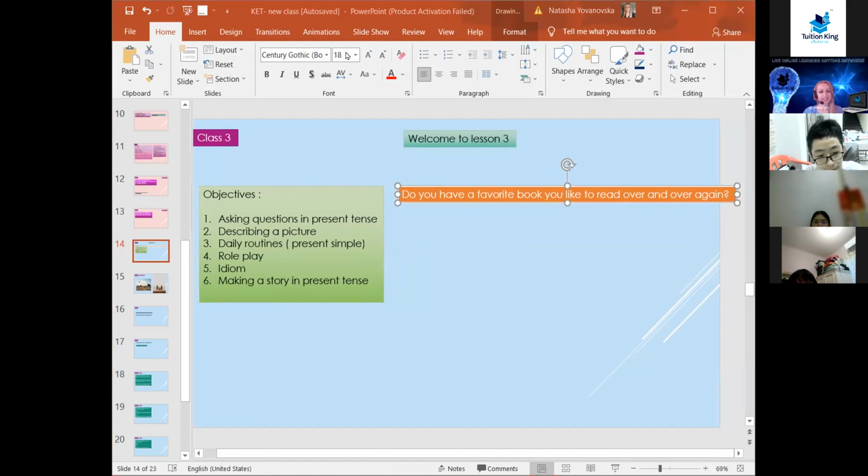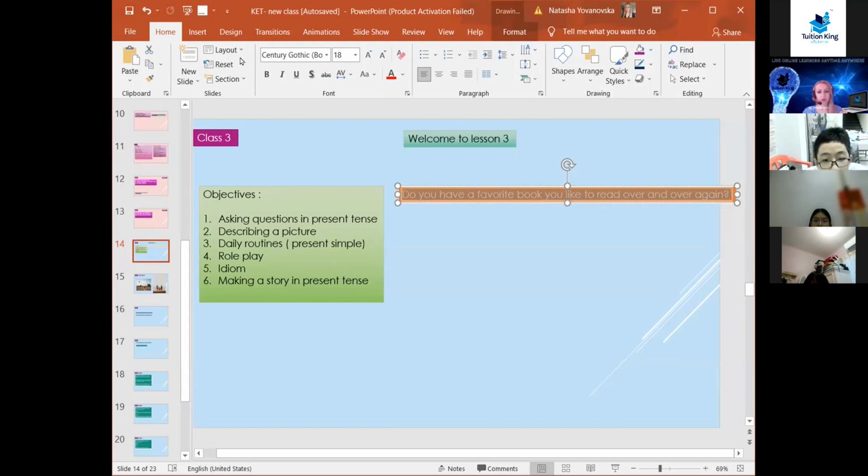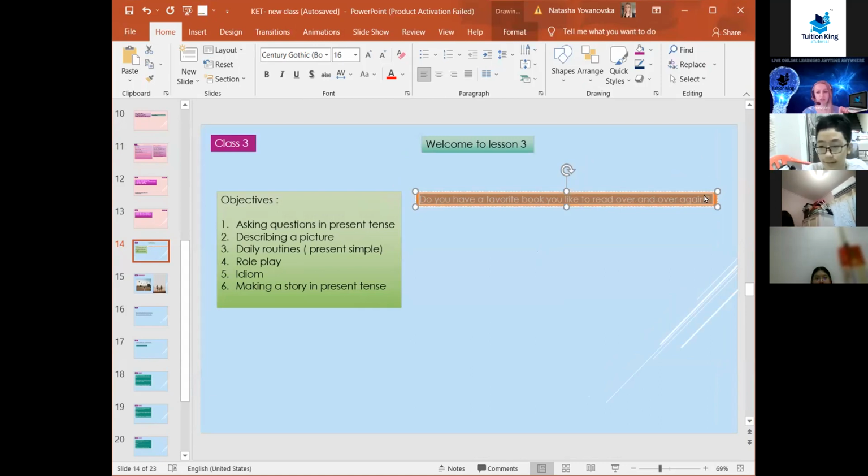My favorite book I like the most is my Chinese books. Okay. All right. Well, that's good. So what we're going to do also, guys, I don't know if you have a notebook with you. I prefer you to have a notebook and to write these questions, also the answers, okay? Because we're going to practice present simple and I want you to learn it before we actually start with the course because it's very important. Yeah, it's very easy, but it's also very important.